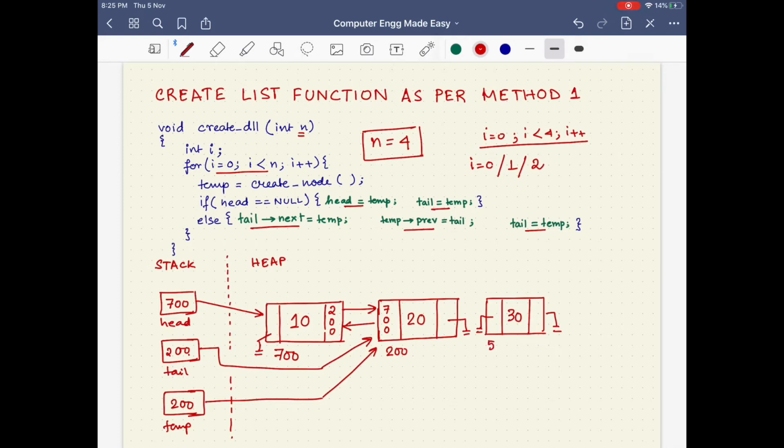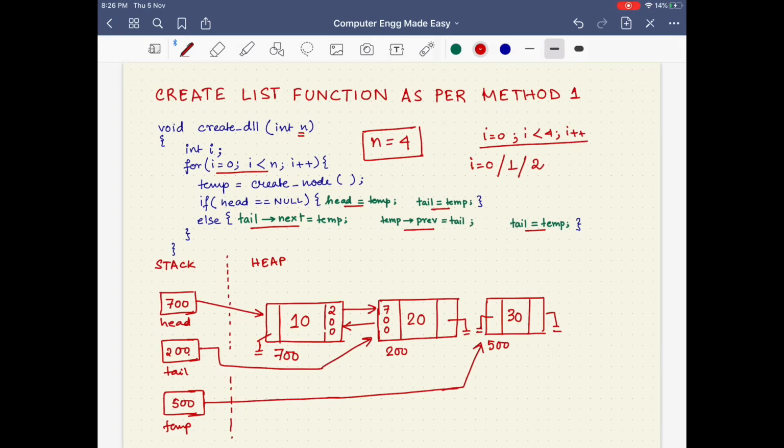Say the address of this chunk is 500, and this 500 will now be stored in the variable temp, indicating that this link is no longer existing, but instead the temp pointer now points to this particular node in the linked list.